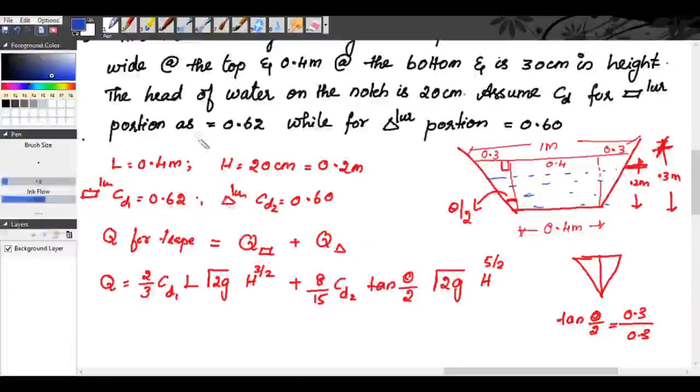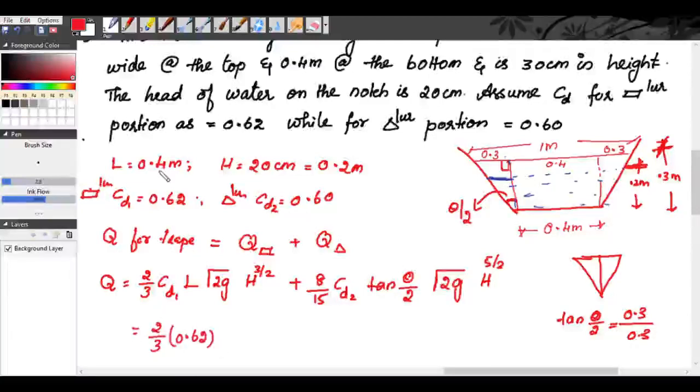Okay. So when you take 0.3, you have to consider this height, this distance. If you are considering 0.2, you have to consider this distance. We don't know what this distance is, so we are taking 0.3 by 0.3. So tan theta by 2 is equal to 0.3 by 0.3. So we get Q is equal to 2 by 3, CD1 is